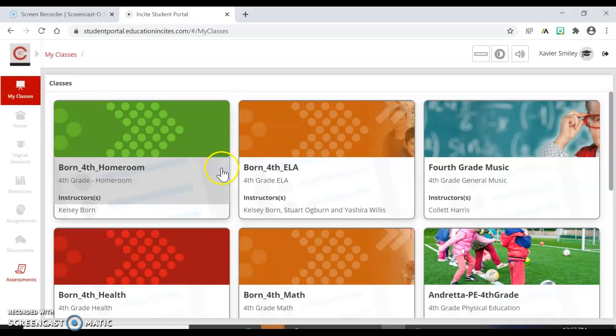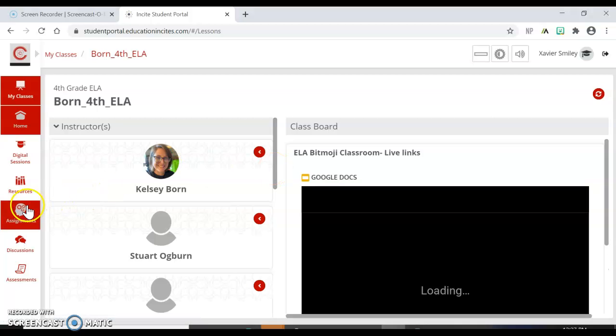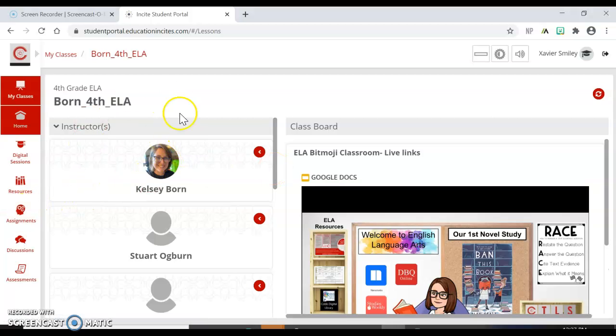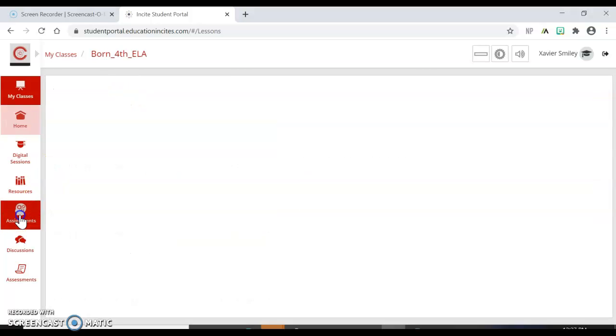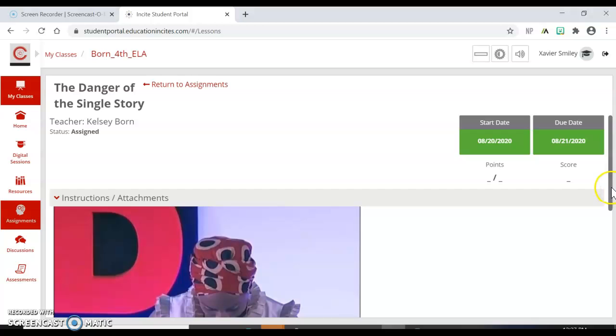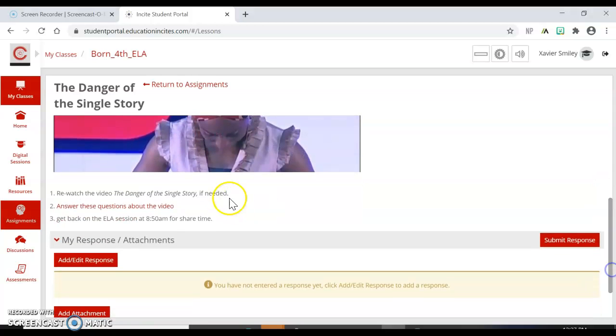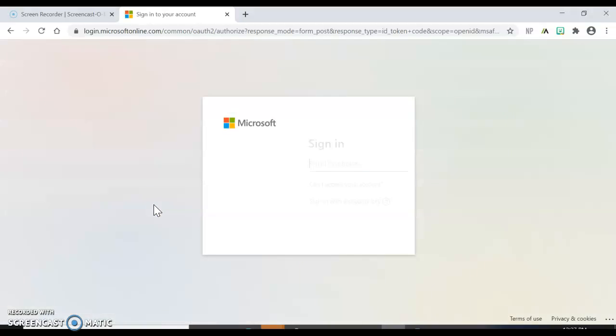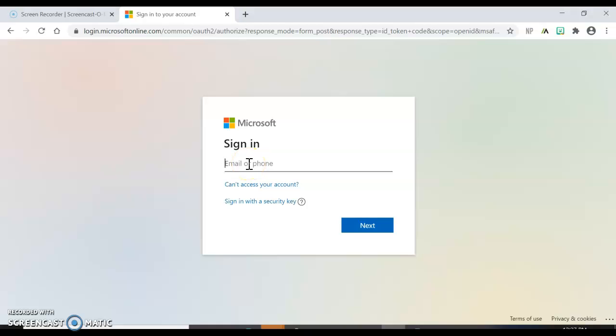So as an example, they have The Danger of a Single Story, which I assigned today. You're in ELA and then go over to assignments. And there it is right there. Click it and scroll down. All of the necessary things are there. These are the questions that must be answered, and it's going to bring you to this page, and that means